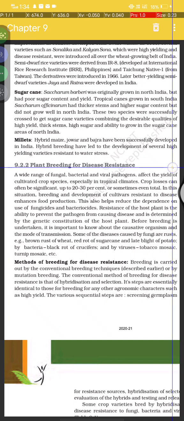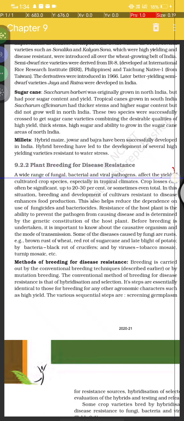9.2.2 Plant breeding for disease resistance. A wide range of fungal, bacterial, and viral pathogens affect the yield of cultivated crop species, especially in tropical climates. Crop losses can often be significant, up to 20 to 30% or sometimes even total. In this situation, breeding and the development of cultivars resistant to disease